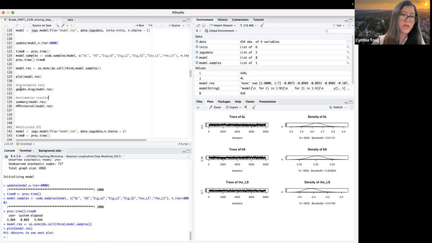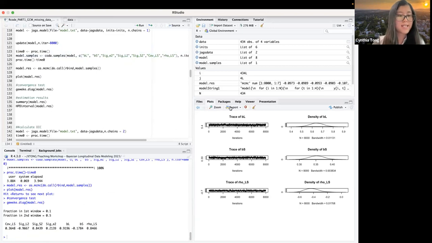But in addition to that, we can actually conduct a Geweke test. The Geweke test is to compare the first 10% of the chain with the last 50% of the chain to see if they have the same mean. So basically, the Geweke statistic is just a z-score. Okay, so if the z-score is between -1.96 and +1.96, it means that the chain converged. So we have the Markov chain for each of the 6 parameters, and we see that they are all between -1.96 and +1.96, indicating that they all converged.